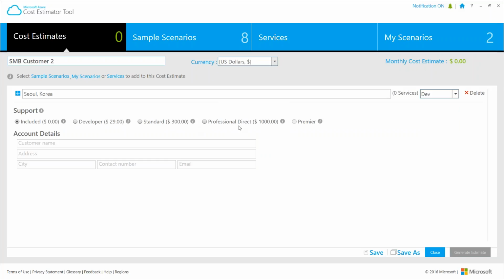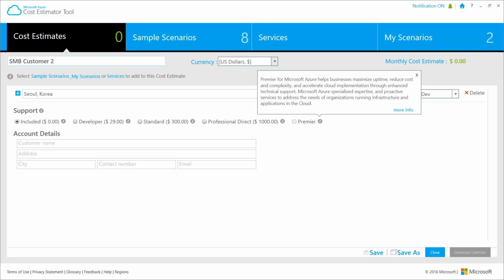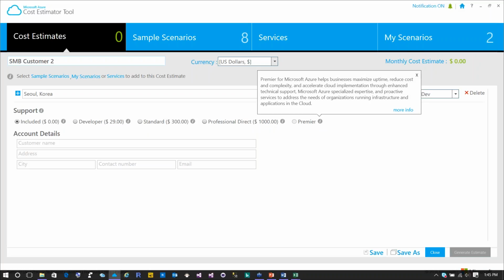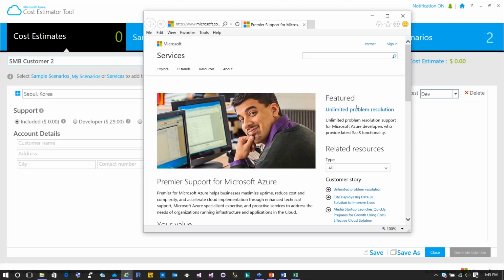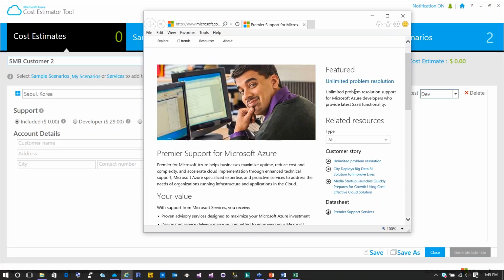Standard is $300. Professional Direct is $1,000 per month. Premier, this is custom pricing. Maximize uptime, running infrastructure, please contact us, basically, unlimited problem resolution, listen to that.